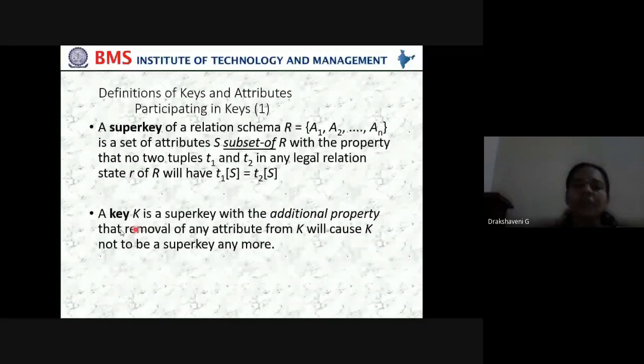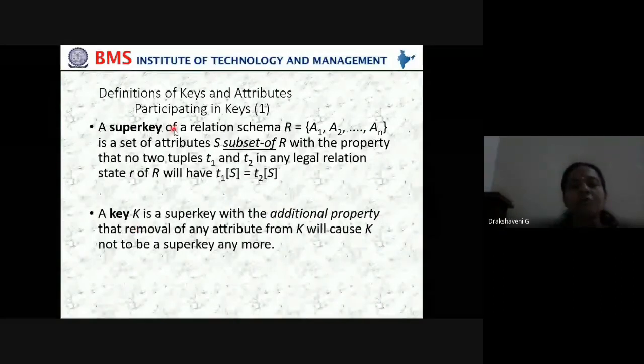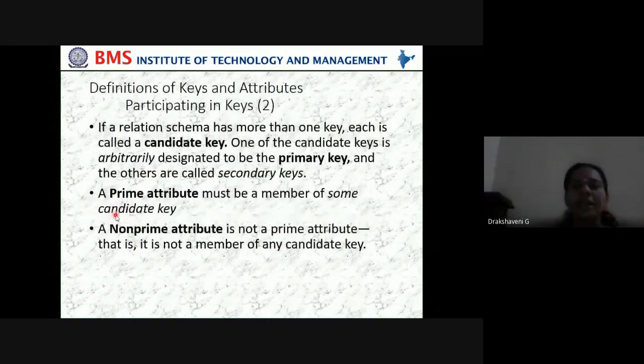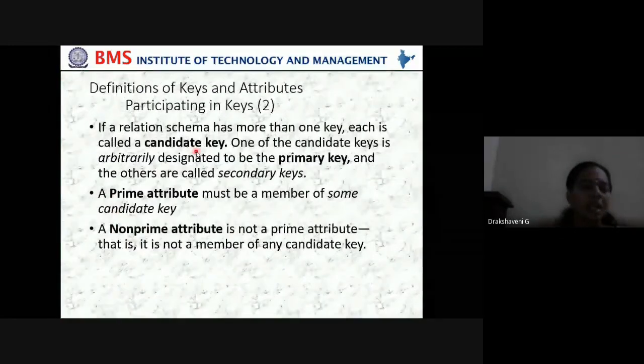So then we were talking about what is a super key, what is a key. Super key means a relation having more number of keys. Now, your USN I can take as a unique key. But along with USN, even if I take your name also, then we call it a super key. And what is a key? Your USN is a key, that is the primary key. Then we have seen about a candidate key. Candidate key means your USN, your name, these two combined is called a candidate key. And your USN is a primary key.